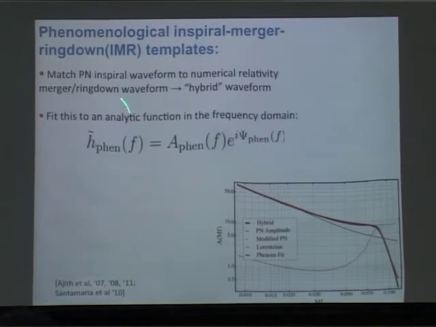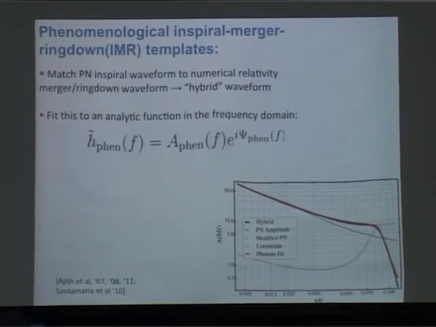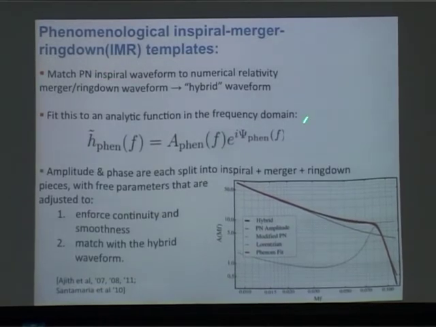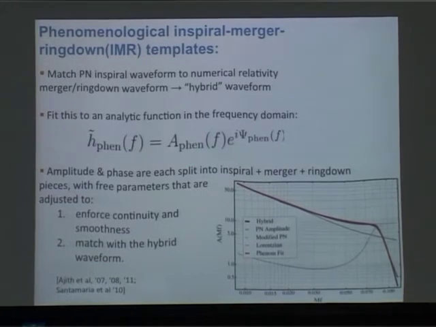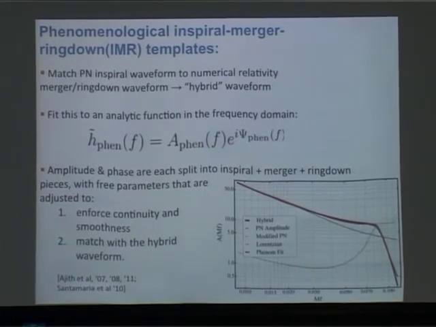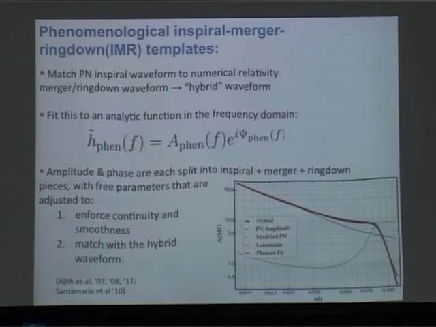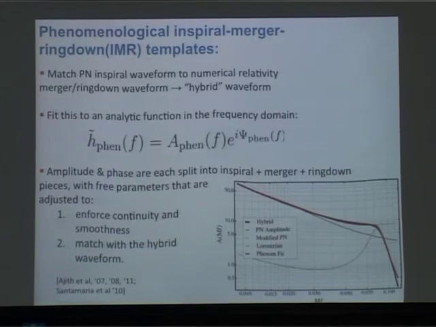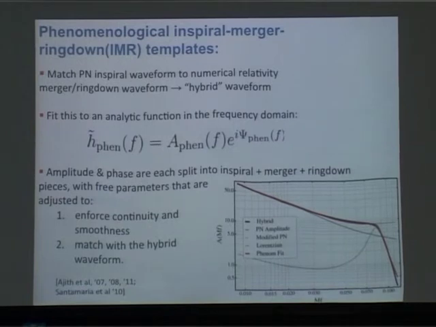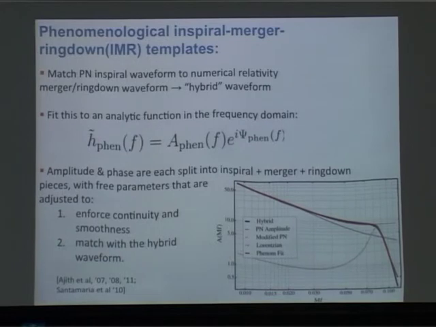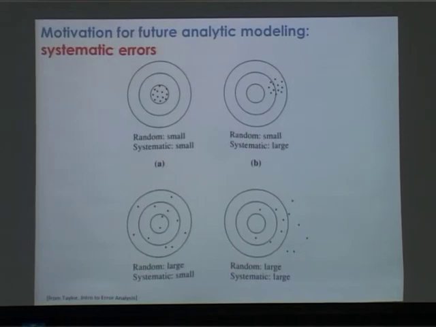And then you write down some sort of functional form that looks like that function I talked about much earlier, where I write the Fourier transform of my gravitational wave signal in terms of an amplitude piece and a phase piece. Then I split each of these pieces, the amplitude and the phase, into a piece that comes from the inspiral, some correction due to the merger, and a piece that comes from the ringdown, and I match these pieces together. The coefficients are constrained by enforcing continuity and smoothness, and you also adjust various free parameters that you introduce to the numerical simulation, such that you get a good fit over a range of numerical simulations. Okay. So, I'm sorry, Ajit, I won't talk about this anymore.